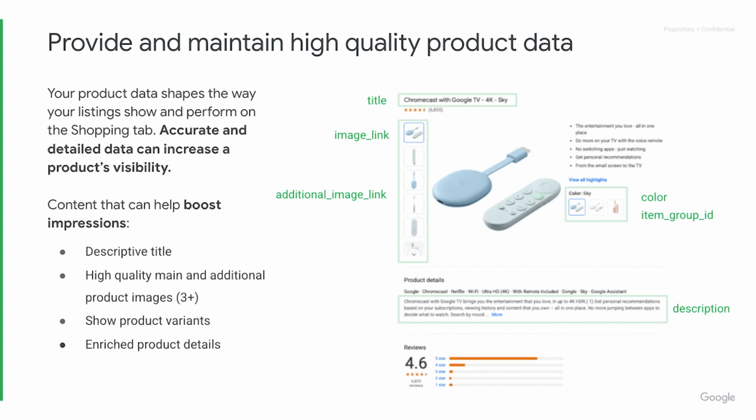It can be a frustrating experience for customers, especially on mobile, to have to select a product variant like color or size on your landing page after they've clicked that variant within shopping. Use the same color names in your product data that appear on your landing page as well. For example, don't change a color like Midnight Sky into dark blue because your account may be disapproved, or you may just confuse customers if you show a different name of color on your listing than on your product landing page.